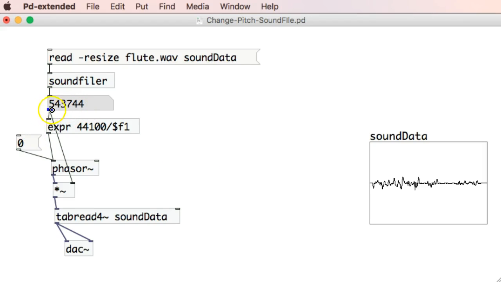What we have here is this sound file, flute.wave. It's roughly 12 seconds long, 12.3 seconds, and you'll get that if you take the number of samples, 543,000, and divide it by the sample rate, 44.1 kilohertz. To get through that sound file, it's going to take 12 seconds. What this expression here is doing is saying, well, if I take